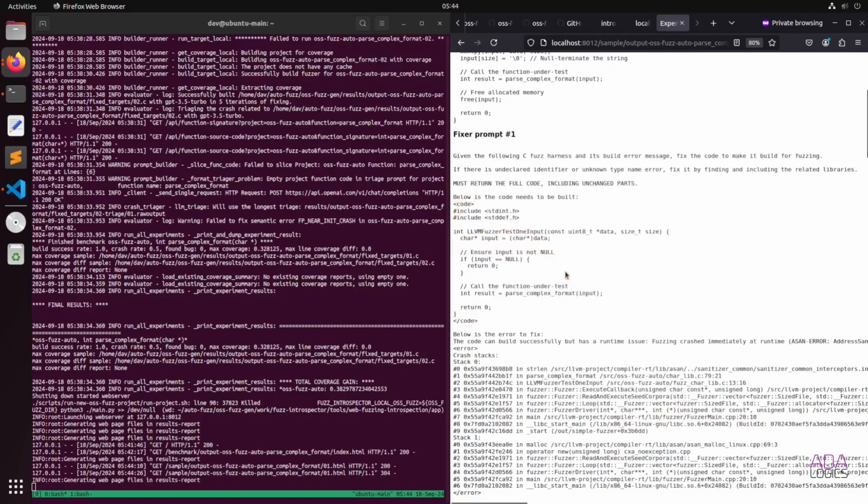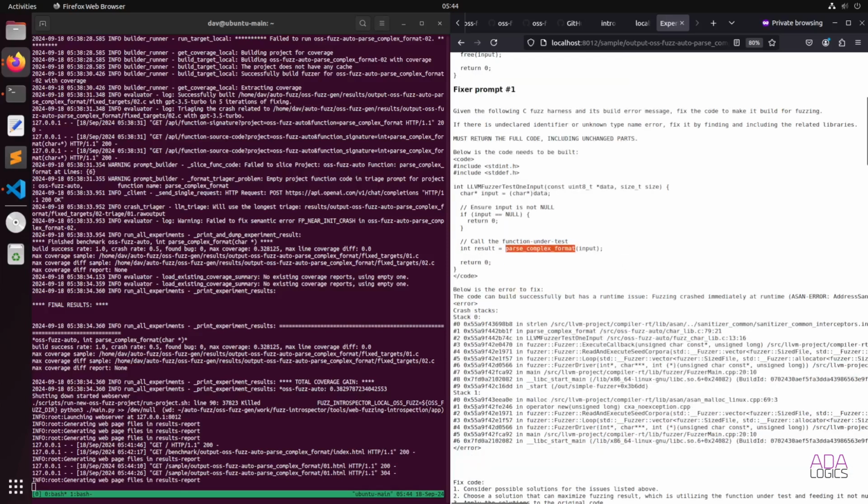We can see that we have a fuzzer here. It casts the input buffer into a char string, and then passes that directly to parse complex format. OSS-Fuzz-gen tried to build and run this harness, and it built fine, but it ran into an